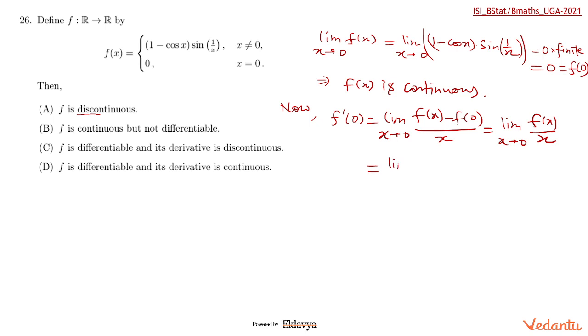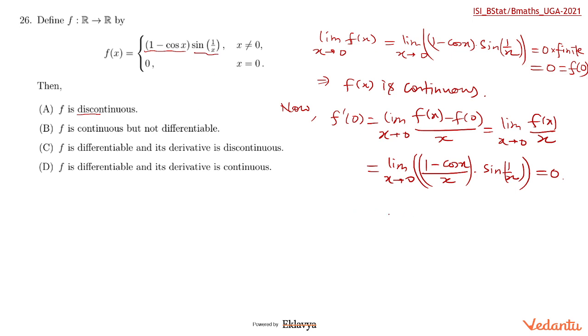So it is nothing but 1 minus cos x by x कर देते हैं into sin 1 by x. So the first part, इसमें जो 1 minus cos x by x, आप देखें तो 1 minus cos x is 2 sin square x by 2. ये 0 आ जाएगा फिर से. There is no issue. इस लिमिट को निकालें. ये 0, f dash 0 0 है. And remaining, not equal to 0 पे तो differentiable है because